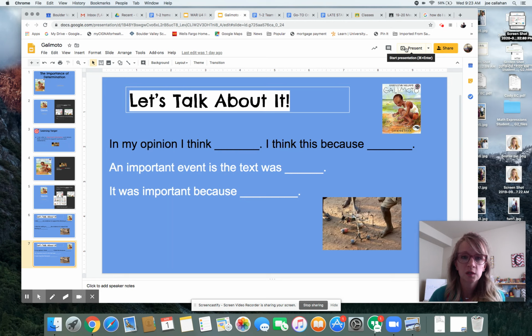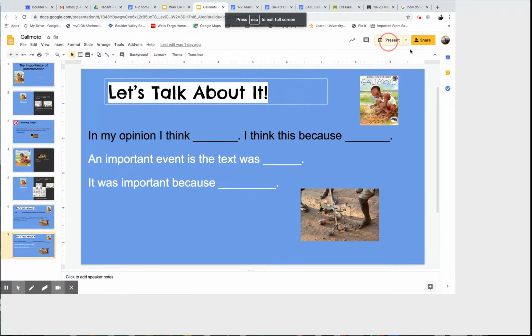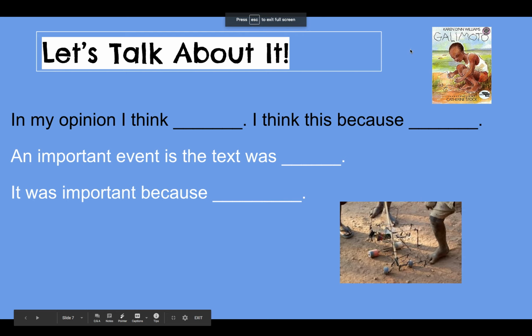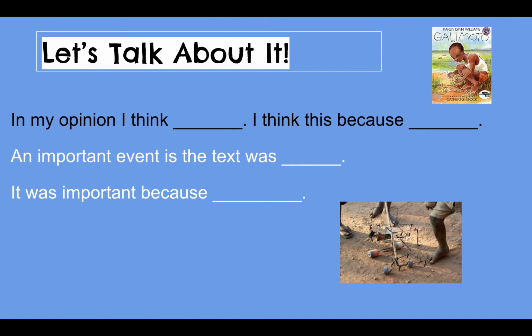Use some of these example sentence stems that are on your screen right now to go ahead and turn and talk to someone in your house or do a piece of writing about today's text. Write in your homemade reader's journal that you have. You can write in the digital reading journal on Google Classroom or wherever it makes sense to you. You can pause the video now to use these sentence stems to help you. Remember what's an opinion or something you can say about the text and what is evidence from the text that